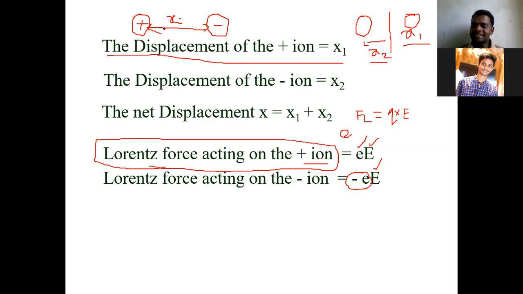Now, are there any forces existing except the Lorentz force? What is the Lorentz force? It is the force due to the electric field. When the electric field is applied, the positive and negative ions are separated. That is a separative force that you have to assume. Let it be assumed as a repulsive force. You cannot think like that, but I am saying you should remember it as a repulsive force.